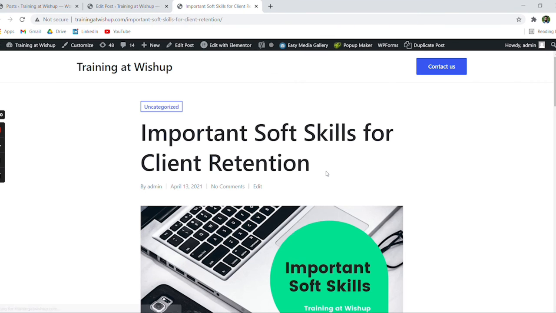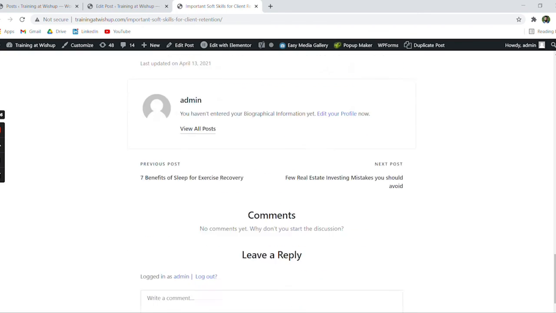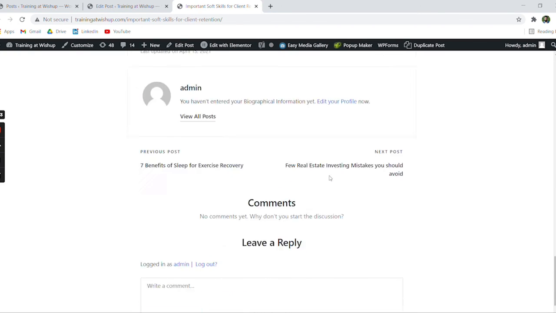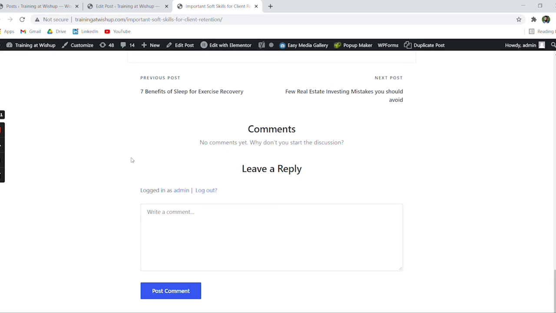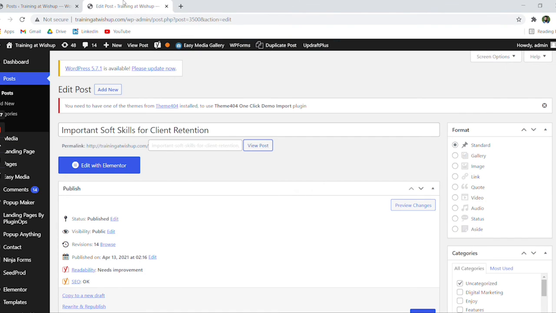If you click on View Post, it is going to redirect you to the new page wherein you can see how the post is going to appear to your audience. And you can see that the format of the page includes a way for the audience to leave a reply or a comment. So this way you can create pretty much any sort of content or media on your website,